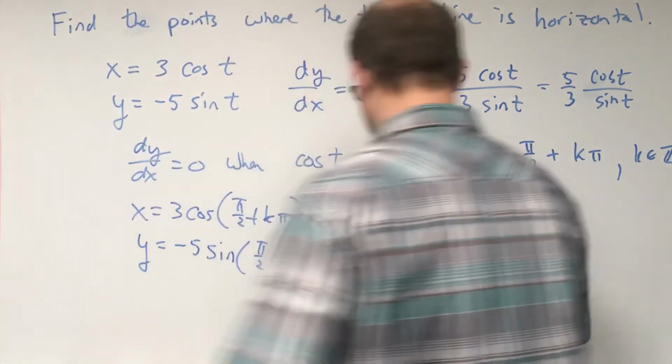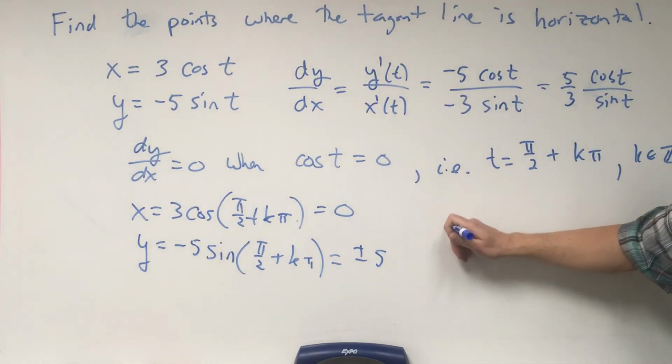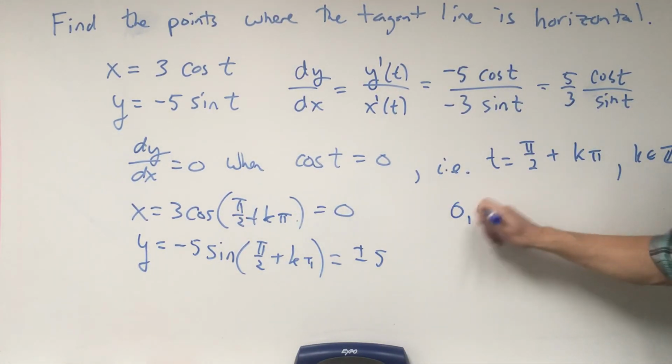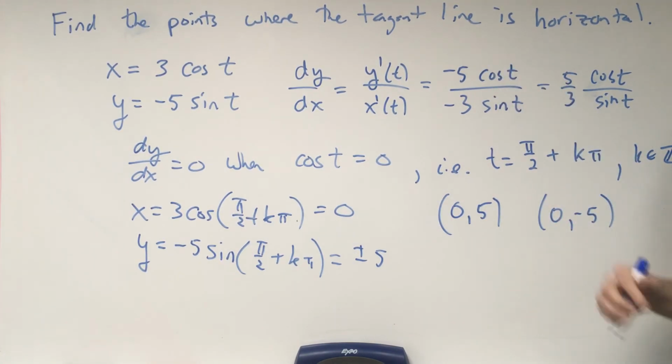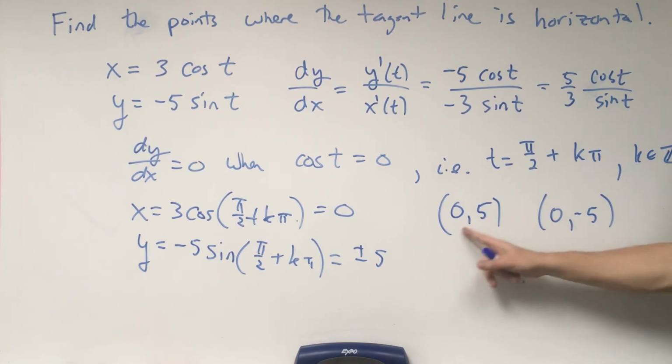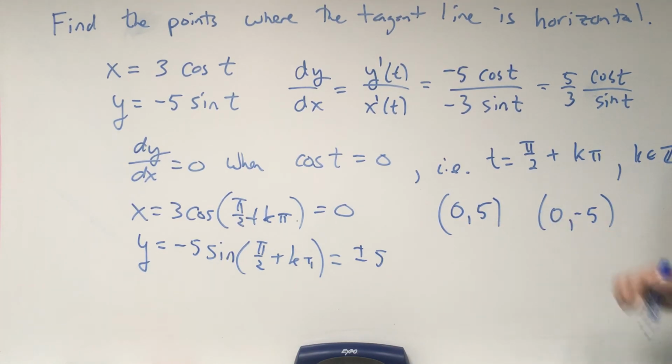And so the points that we're looking for are going to be (0, 5) and (0, -5). And with this parametric description, we're going to see that ellipse, everything's going to go around it infinitely often, but we're going to cycle back to these two particular points on the top and the bottom where we see that